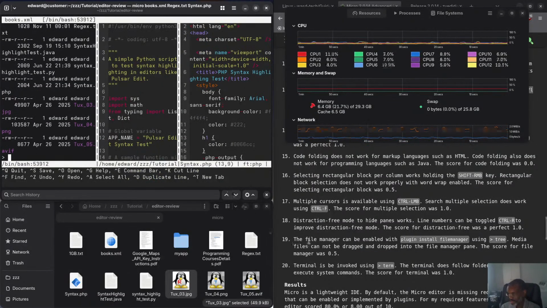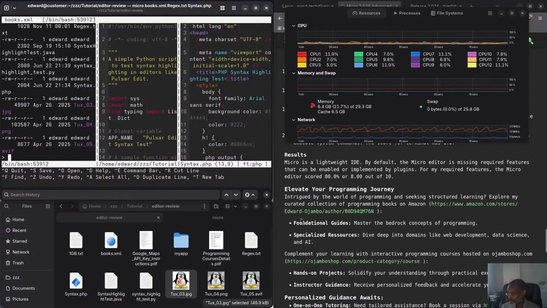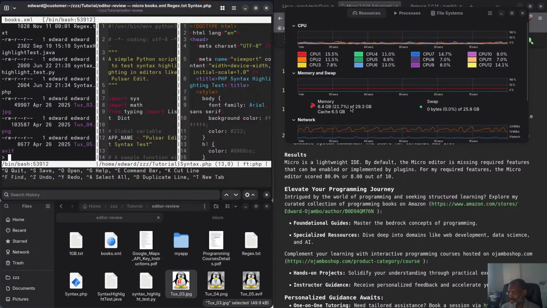So that's the editor. Micro is a lightweight editor. Okay, we don't need it anymore. You can see it uses very little RAM. I don't know what 6.4 is. It's quite a lot. I'm going to find out what's using it. Is it OBS? Anyway,